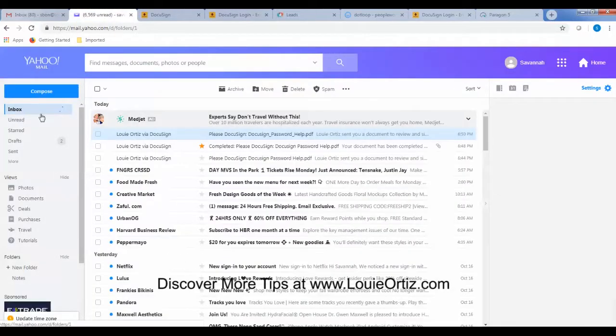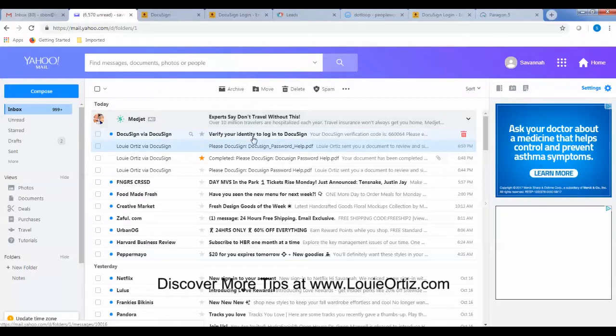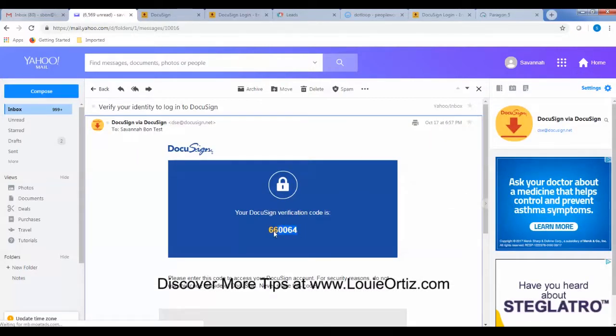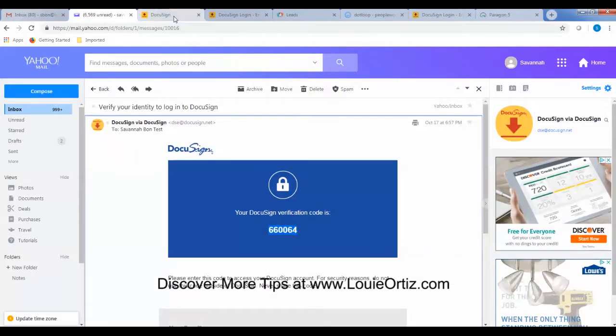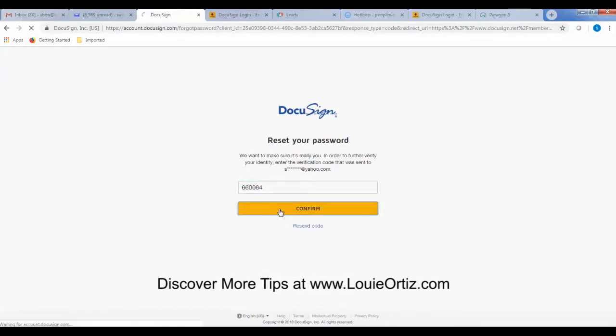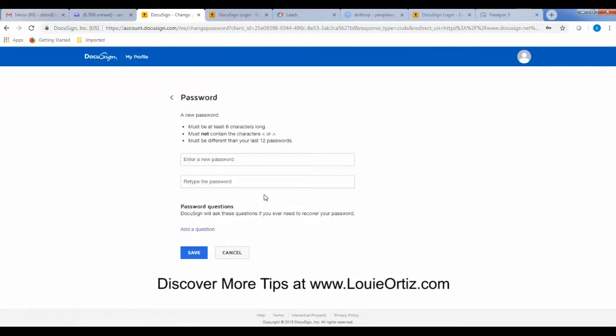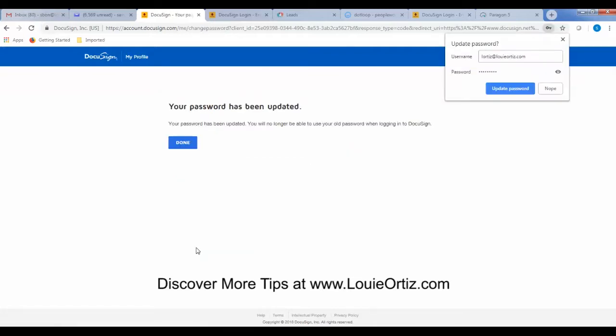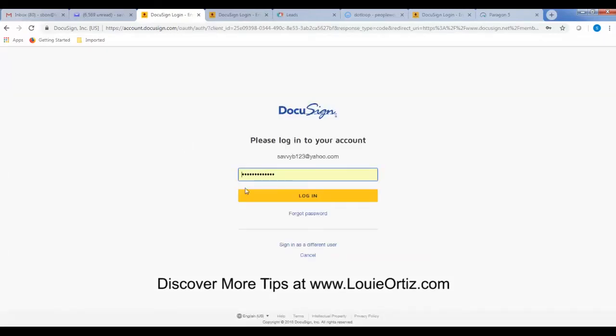And I'm just going to put in the verification code that they sent me. Now once I confirm that code, it'll accept it. I can sign in with a new password. And probably best that you make it something that you'll remember. And once you save it, you can then sign in